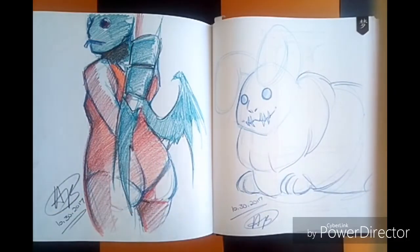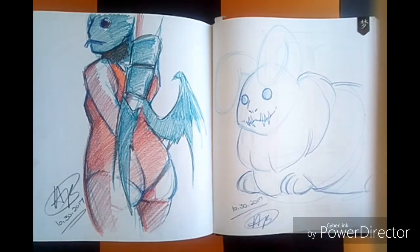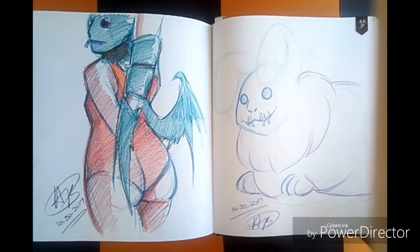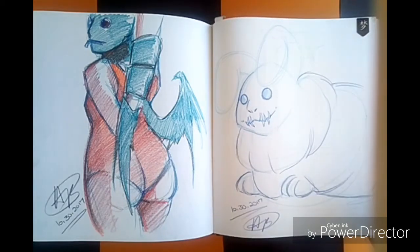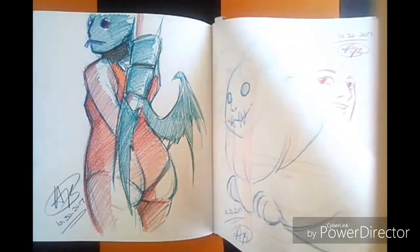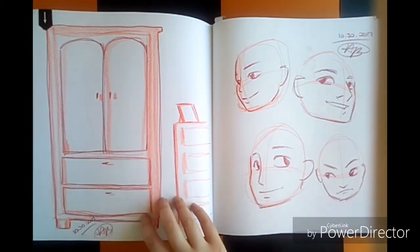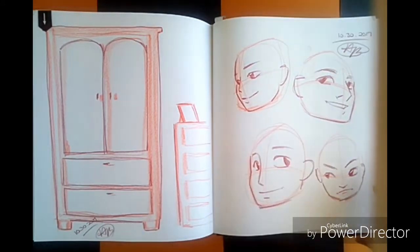Alrighty, so nonsensical stuff where we last left off. I decided to draw this weird, creepy bunny thing. I don't know where I was going with it. I was just like, let's draw something cute and make it horrible. I think by this point I was on my last run with everything. I was like, no more energy. Don't know what to do. But I like how this dresser came out, and I like drawing faces,